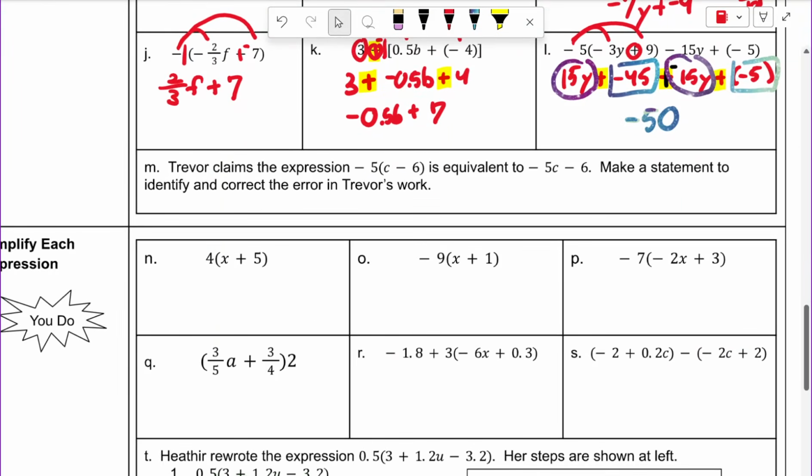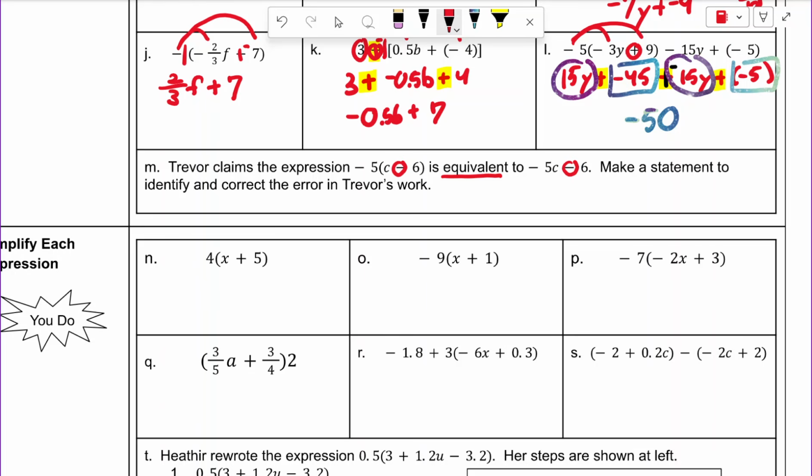And the last one for the we-dos, you've been learning along the way here. It says, Trevor claims the expression negative 5 times c minus 6 is equivalent, is the exact same as negative 5c minus 6. Make a statement to identify and correct the error in Trevor's work. So if you went here and you left that minus sign because you saw a minus sign in Trevor's answer, so we're going to leave this here, but we're going to do distributive property over the top of subtraction, which